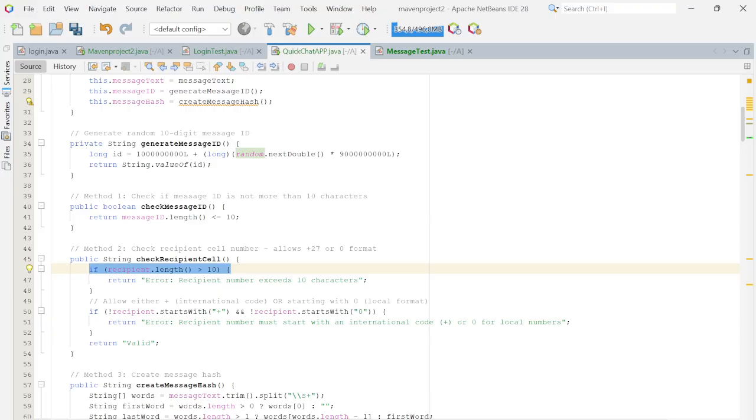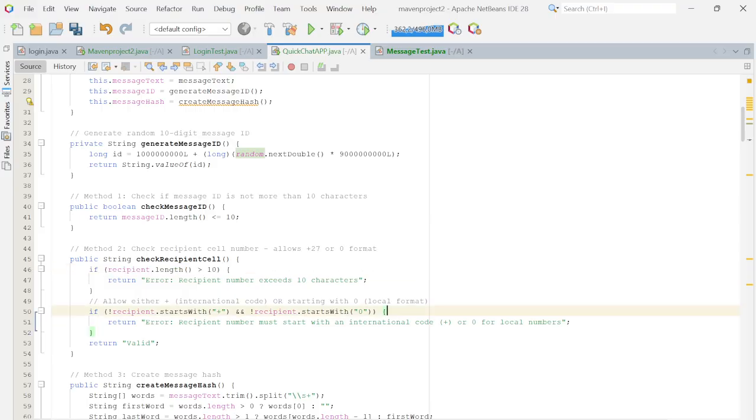if the number exceeds 10 characters, an error message is returned, because you shouldn't type down numbers which are more than 10, and if you do so, an error message is returned, because it's strictly prohibited that you enter anything other than a 10-digit number, which is a cell phone number. And we proceed to